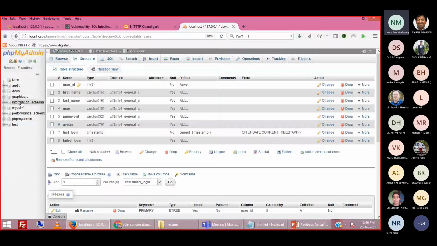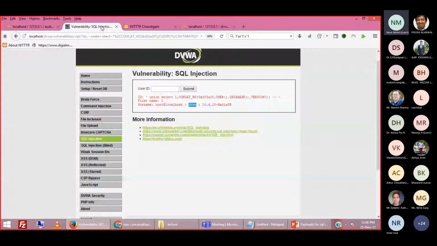With which database this particular DVWA is interacting, that is what it is displaying. So it is very, very sensitive information: username, database name. You should never disclose your database name to the hacker. If you are disclosing your database name to the hacker, you are putting your website at very high risk, right?